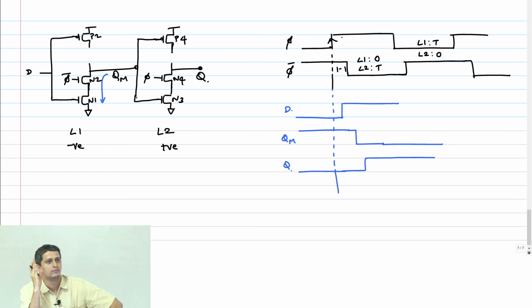And there is a problem. How do I solve this problem? Someone just said it. Hold. Again, hold time condition. Anytime there is a problem on the sampling edge, you have a rescue. It's called the hold time. Impose a condition that my hold time should be greater than the overlap period and I'm done.